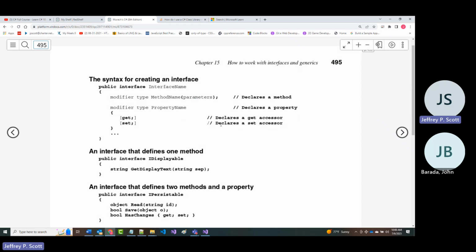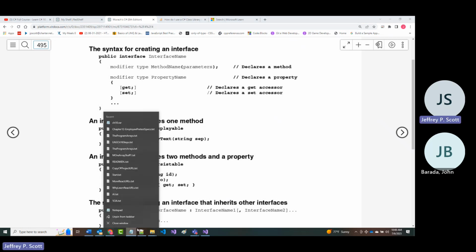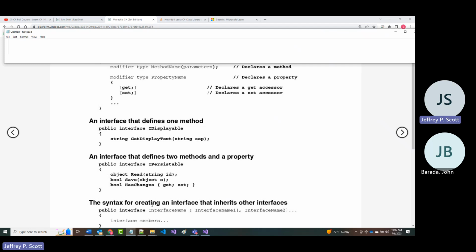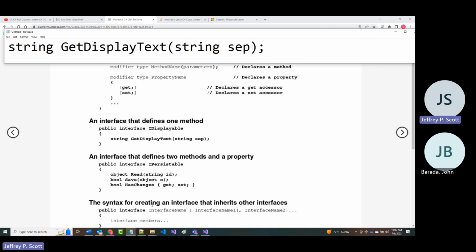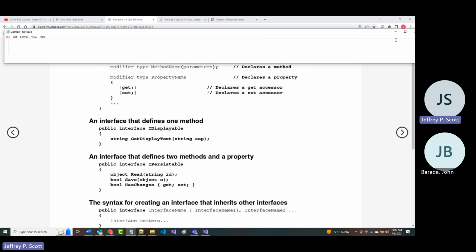So in this example, notice what they have. Let's use their example here. I'm going to put this line of code, which says string GetDisplayText(string sep). I'm going to grab that line of code and I'm going to put it in that input that I just created.